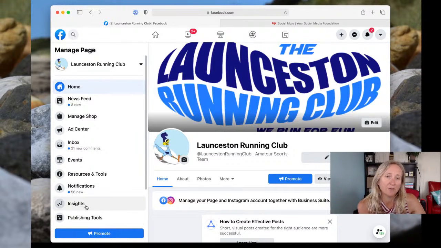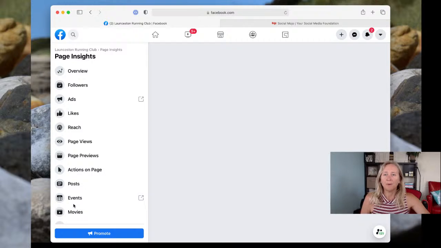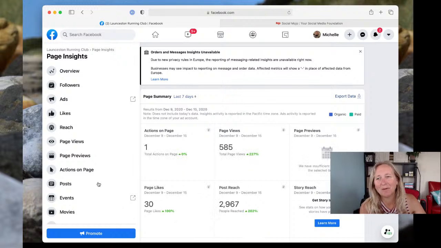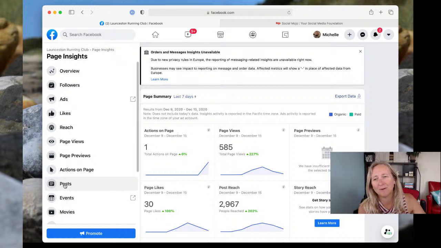So you go to your page, this is the home page. We jump down to the Insights in this left-hand menu. We wait for it to load. Hopefully it won't take too long. My internet's been a bit slow today, which was a little challenging from time to time. So once that loads, we then jump down to where it says Posts, which is this one here. It's trying to catch up with me. So if I click Posts,